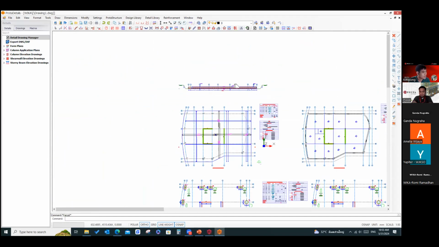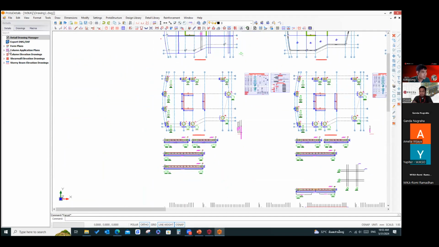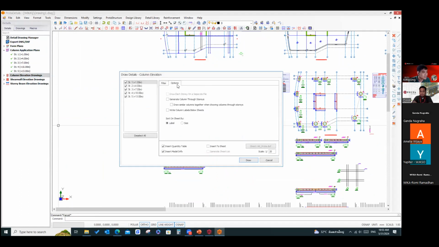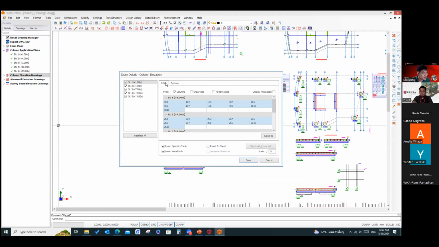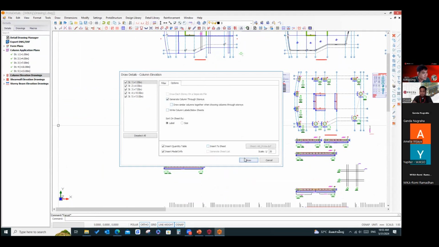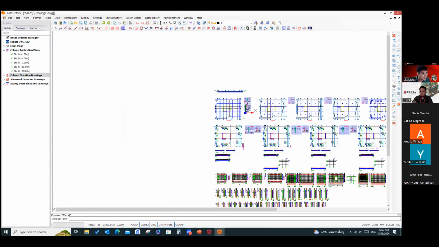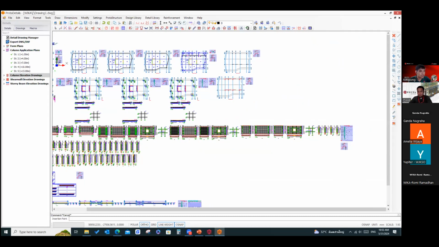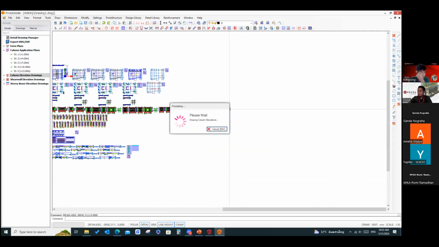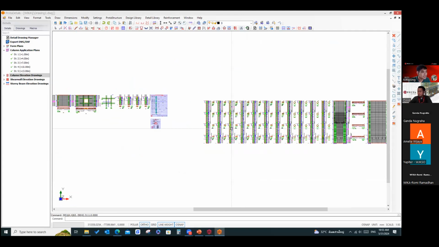Or maybe you can draw another column or wall detail like this. It's up to you. Maybe I draw the elevation like this, also the wall, and make it connect from top down to the bottom, something like this. Done.